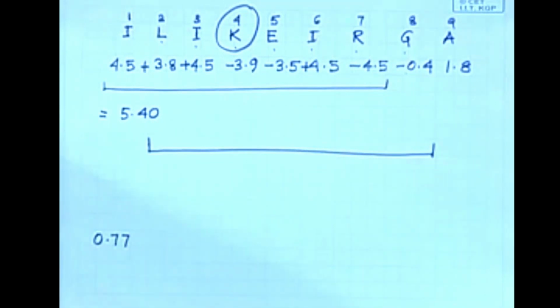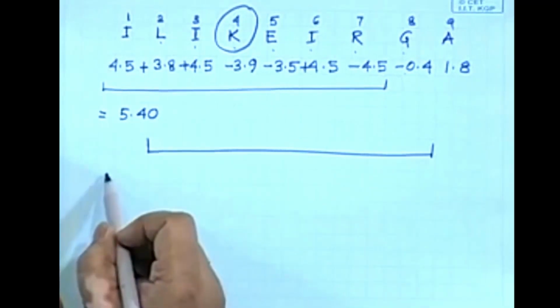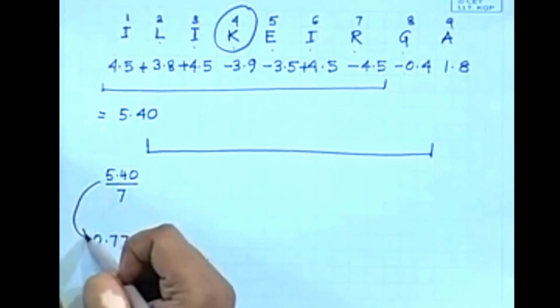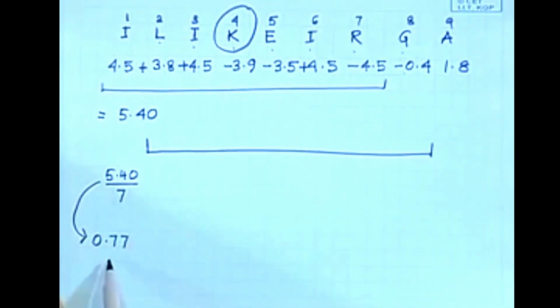And then I have to divide by 7 again. So 5.40 divided by 7 gave me this, that is assigned to the central residue. So this is assigned to residue number 4,